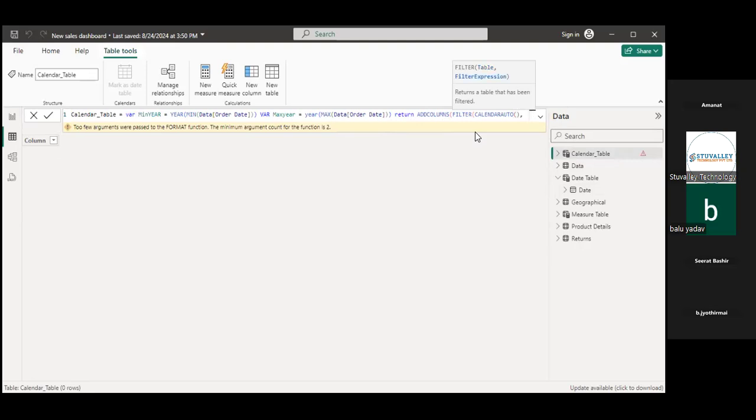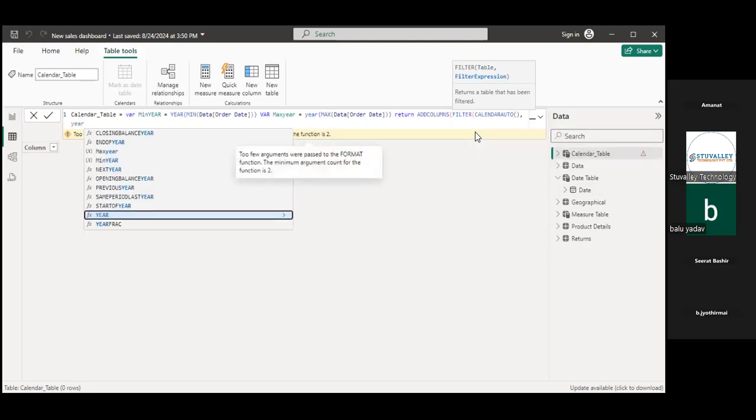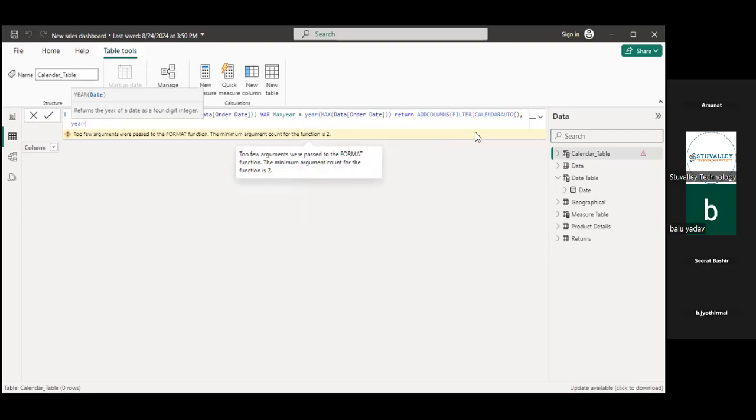And for the table expression, we will use year, date, simple date, colon, we will put it.